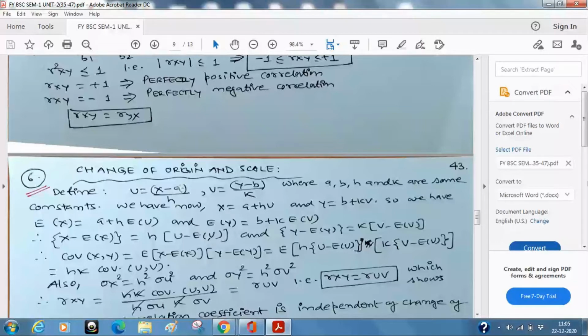That is one aspect. And h and k are just like the change of scale. Suppose your X data is from 0 to 10, 10 to 20, 20 to 30. So you can divide it by 10. And suppose Y data is say 0 to 5, 5 to 10. So you can divide it by 5. It is not necessary that h and k should be same. Yes, they can be. It is ultimately the experimenter's choice.